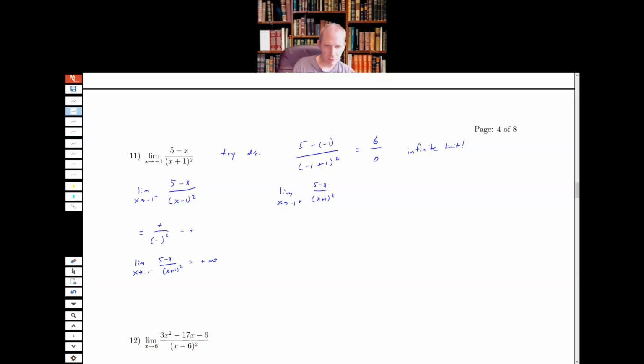All right, now let's look at the limit from the right. We have a very similar situation. When I plug in something close to -1 in the numerator, it's going to be close to 6, which is positive. In the denominator, it's going to be close to 0, but if I'm to the right of -1 and I add 1, we're going to get a positive number. In this case, it doesn't really matter that much because a positive squared is positive and negative squared is positive. So the limit as x approaches -1 from the right of 5 minus x over x plus 1 squared is also positive infinity. And since the left and right limit match,